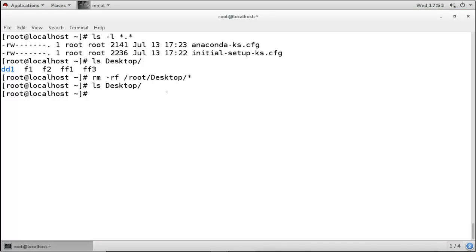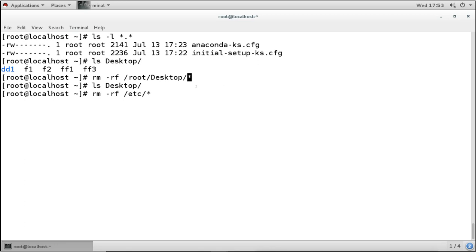Now this can be a very dangerous command if you use rm -rf. That means you want to forcefully remove directories and files, and if you use this star symbol, that means you will delete everything. So it can be a very dangerous command. For example, suppose you are logged in as root and you run a command like this: etc star.